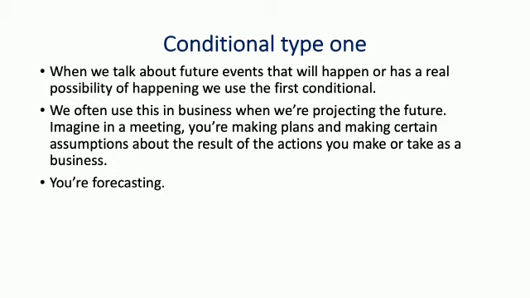Next, conditional type 1. Okay, here in conditional type 1, we use this type when we talk about future events that will happen or have a real possibility of happening. Okay, so here we talk about events that will happen, means like future events that will happen, or have a real possibility of happening, or there is a possibility for these events to happen, okay,